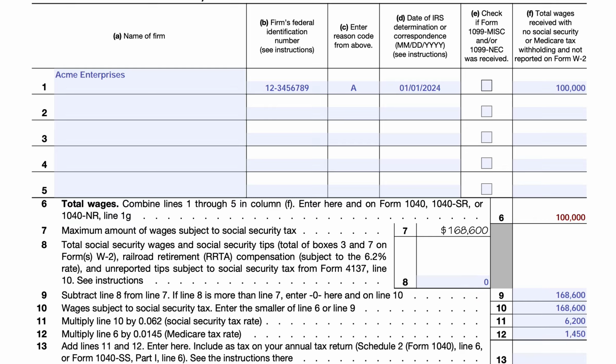So let's revert back to where we were previously. And basically, we add these amounts. This is the 7,650. Now, this is the amount of your additional tax. You would include this on Schedule 2, line 6, because if your employer didn't withhold this, then you have to pay it. Now, if your employer doesn't withhold this and you don't complete this form, then your Schedule SE, which is the